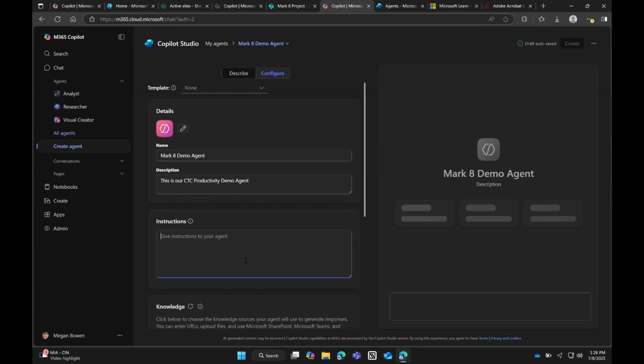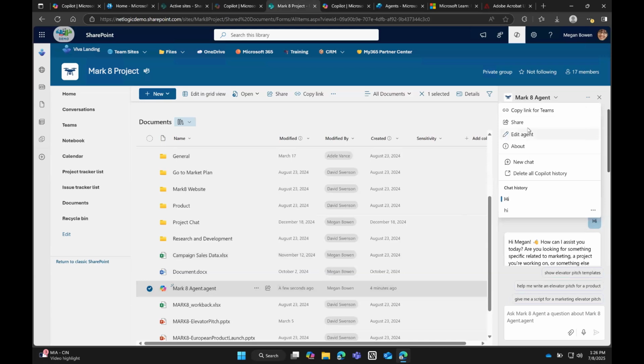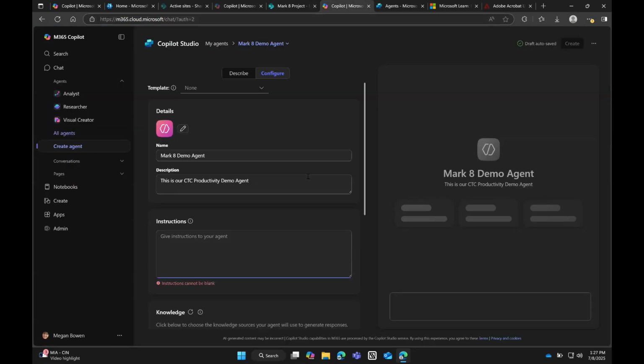And then from here, we give it the instructions. Now, if you remember when we were working on our SharePoint agent, there weren't too many options. It was pretty quick, cut and dry, give it a purpose, tell it what you wanted to do. If you're building a Copilot agent from the actual agent screen here, the Copilot screen, you're going to get a lot more options. So like I mentioned, we're starting from the simpler, now going to more of the advanced type of agents you can build.